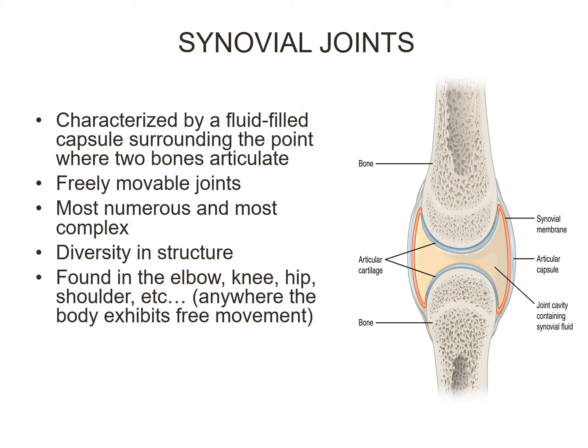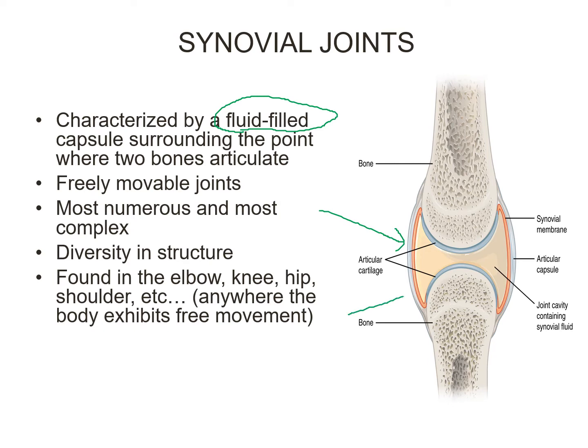All right, so we've covered fibrous joints, we've covered cartilaginous joints. The last type of structural joint in the body is a synovial joint. And once again, these are the freely movable. These are what we call the diarthrotic joints. And the reason why they are freely movable is because they have this fluid-filled pocket or capsular bubble between the